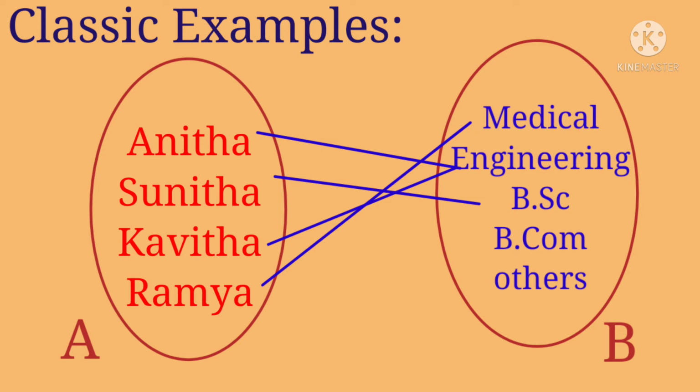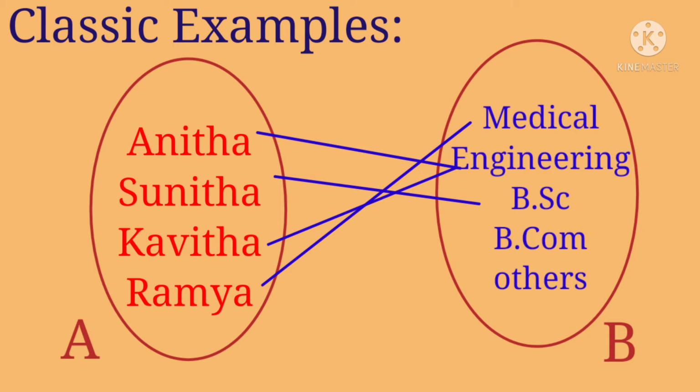At a time, the student can choose one and only one degree. The rule is that each and every student should choose any one degree option. In short, a function is a relationship which explains that there should be only one output for each input.